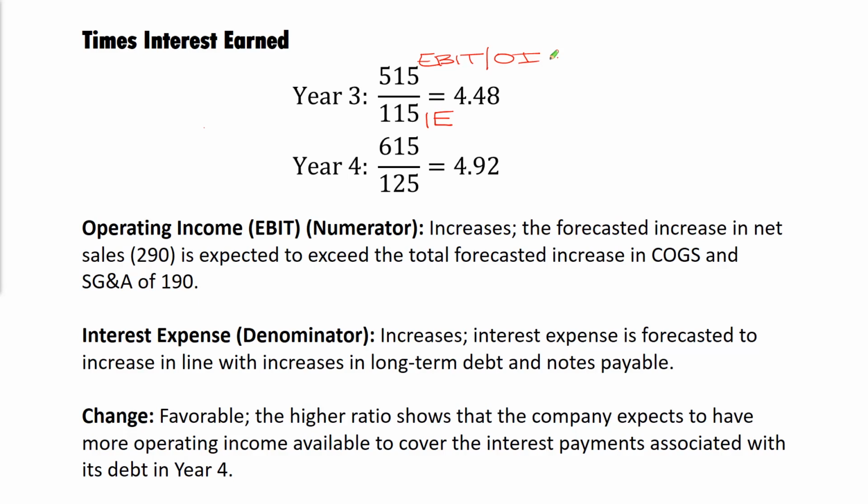Times interest earned. And what we see here is a pretty significant increase in that numerator, which is a good thing. It's indicative that our operating income is increasing. And although we also see an interest expense increase, once again, the numerator is having a much bigger effect, and it's resulting in a favorable variance here, indicating they will have more operating income available to cover their interest payments. So that's a good thing. And again, much like the current ratio, as a lender, I'd be very interested in this because I'm thinking short term, are they going to make their interest payments? How safe is that? Long term, are they going to be able to repay the loan?